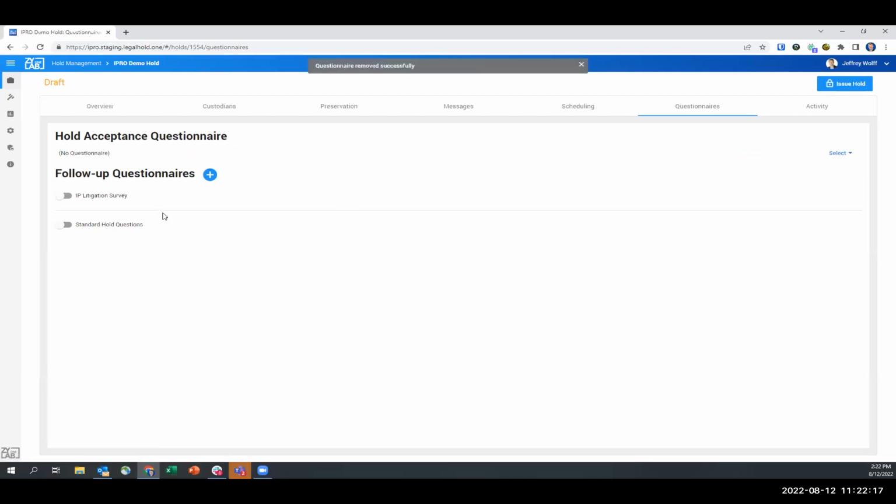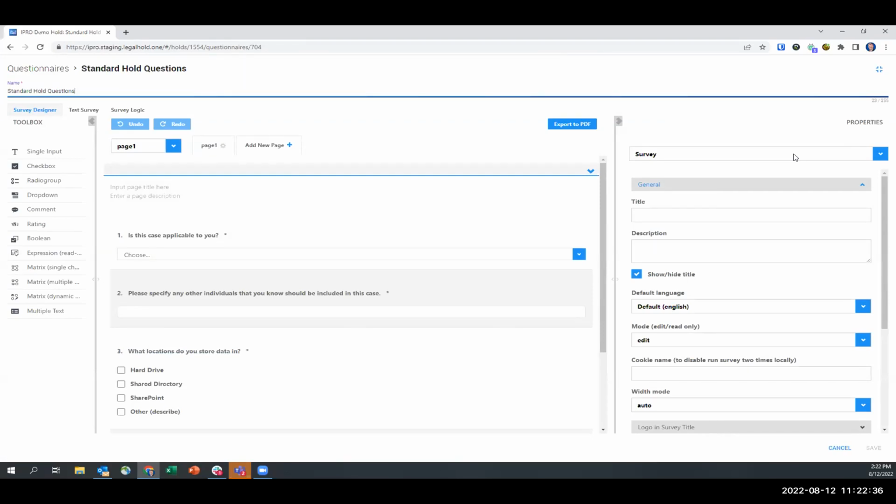If I don't do that, I could make it a follow-up questionnaire, and then it would be optional for them to complete. But I would have to send a notice to trigger them to do the questionnaire separately from the hold notice. So I like to make that required. That way I get my answers. And again, like anything else, you can select the ones you want. You can create new ones, but I'll show you what it looks like for an existing one here in the